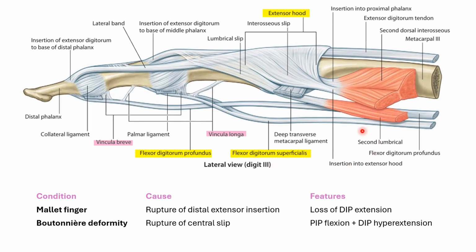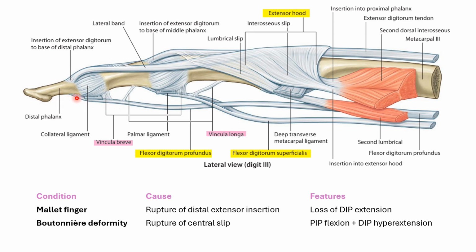Yes, in this diagram you can understand this is flexor digitorum superficialis tendon and this is flexor digitorum profundus tendon. Flexor digitorum superficialis tendon divides into a split at proximal phalanx and inserts to side of middle phalanx. And flexor digitorum profundus goes through the split